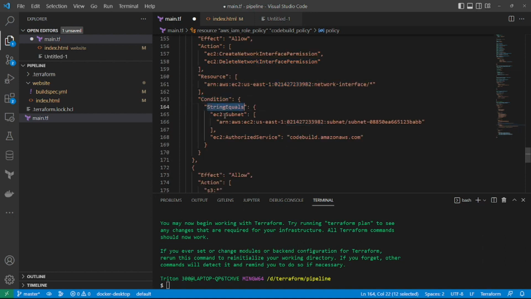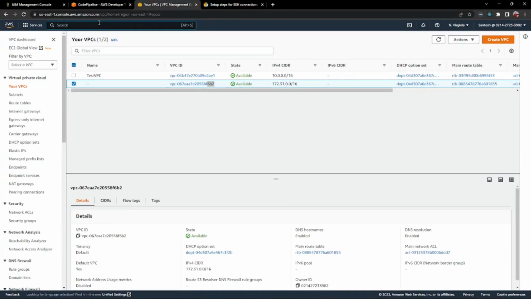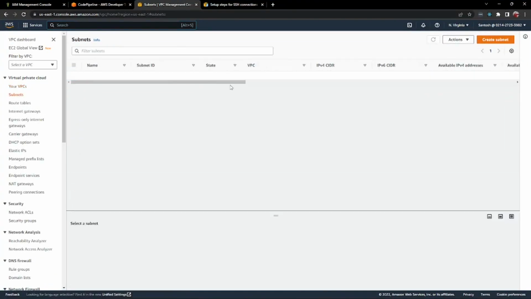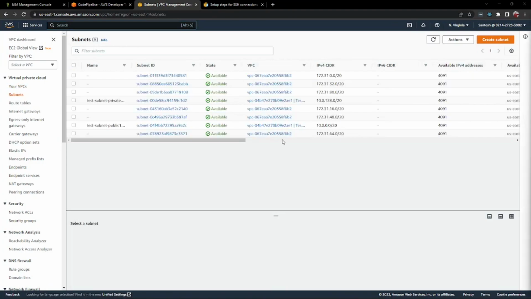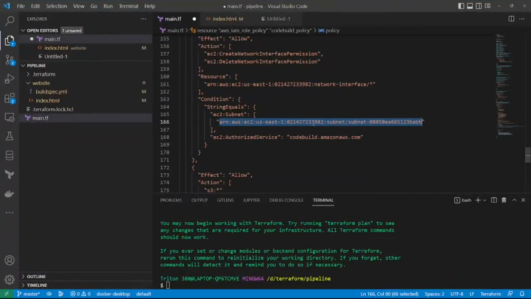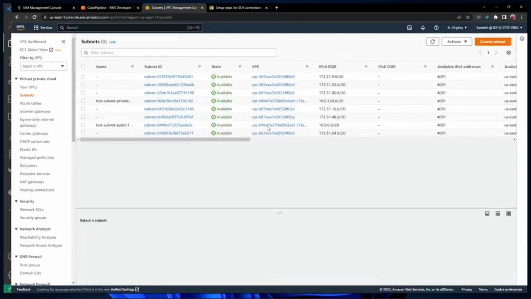So condition, string equals. So this is my subnet. I copied the subnet ARN. So if you see a subnet, it should be